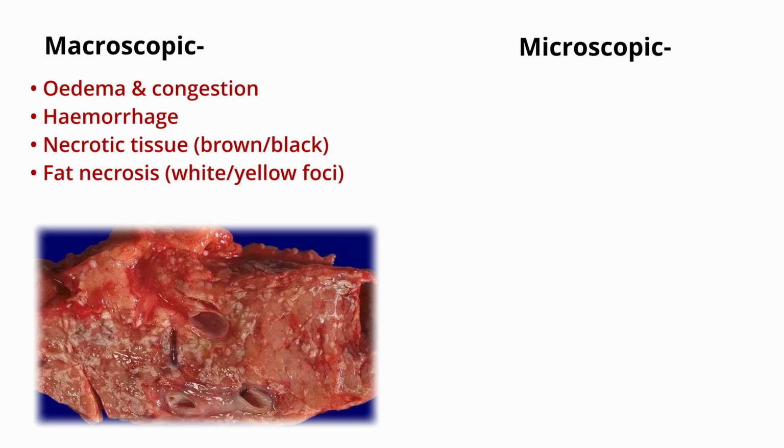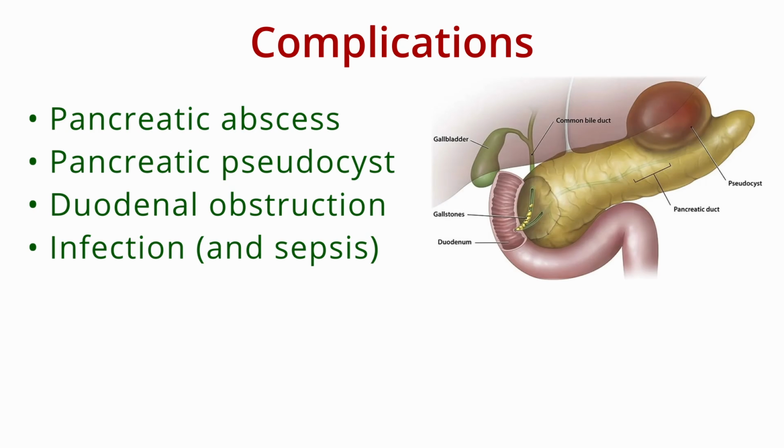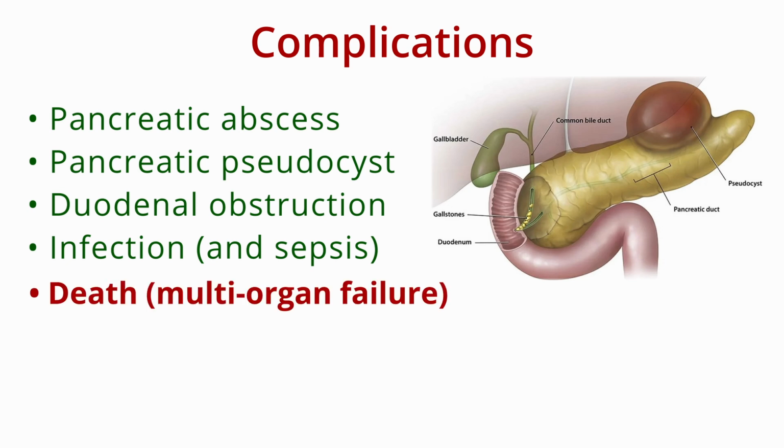Meanwhile, the microscopic features of acute pancreatitis include edema, fat necrosis due to the action of lipolytic enzymes, acute inflammation with a neutrophilic infiltrate, pancreatic parenchyma damage, blood vessel damage due to elastase, which causes interstitial hemorrhage. The complications of acute pancreatitis include pancreatic abscess, pancreatic pseudocyst, duodenal obstruction, infection and subsequently sepsis, and death due to